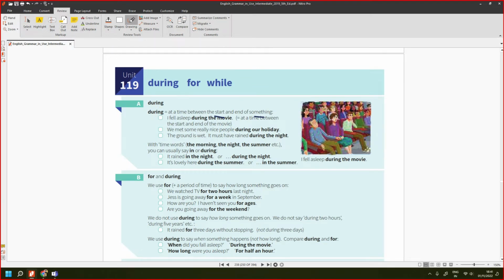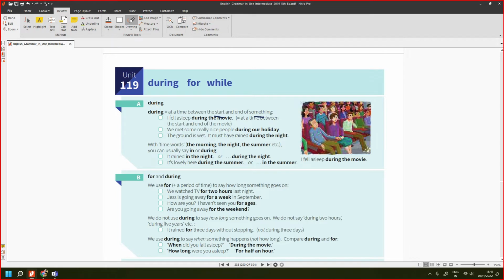What I want you to do is construct your own examples. If you want to really know how to use this word appropriately, you should come up with your own examples. In the beginning you can look at these examples, but then slowly you have to know how to use them in your writing and during your conversation also. This should come naturally, so we have to try. Okay, so understand that during is a preposition. It is one of the prepositions because it refers to time.